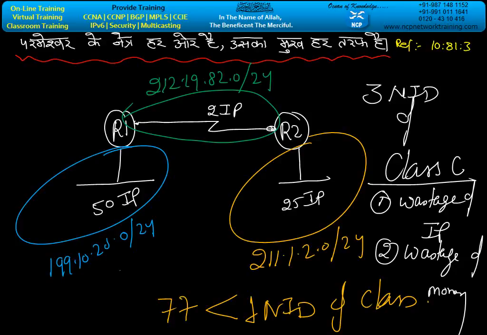After the middle of 1985, we designed some techniques to save money, because we were paying money to the ISP for 3 class C NIDs, and after paying, we could not use the IP addresses in a proper way. After 1985, we designed techniques like subnetting, VLSM, NAT, PAT and private IP addresses, so that we can save money and save IP addresses.